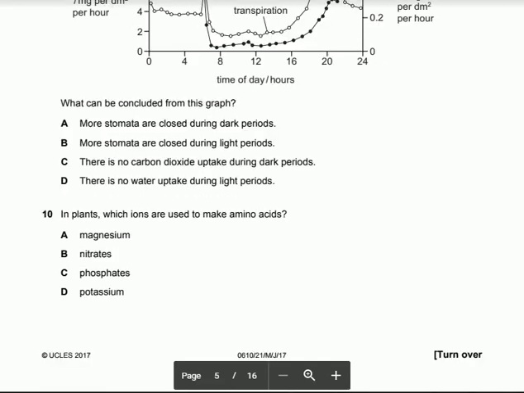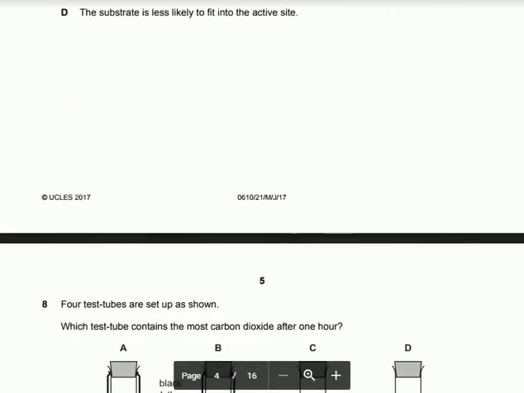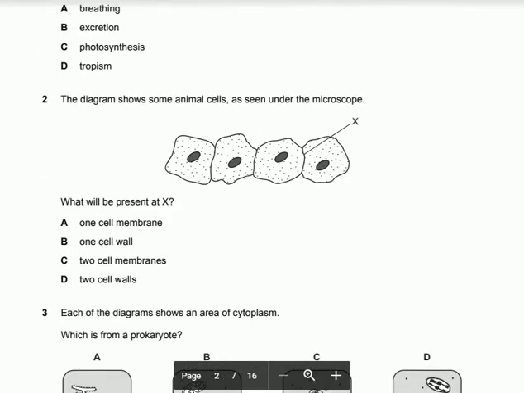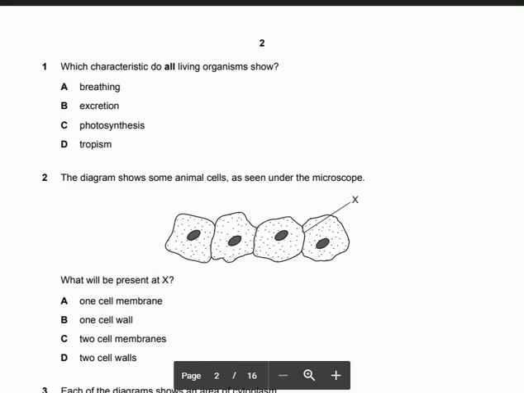Okay, so before we move on, let's just check if we have done everything correctly or not. Okay, question number 1. Which characteristics do all living things show? Wait a second, we have made a mistake. Okay, I just realized something, it's excretion. All living organisms excrete. The example which I gave of amoeba is wrong. I just realized that amoeba do excrete and they don't breathe. Yes, exactly. How could I make such a mistake? All living organisms show excretion. Okay? All of them.